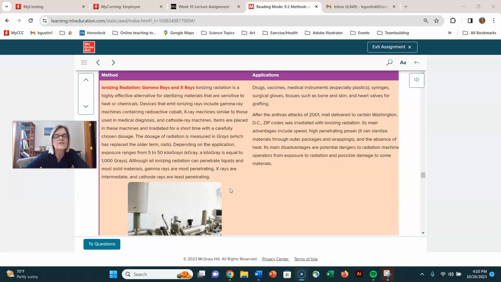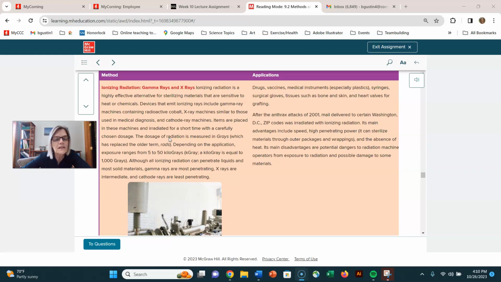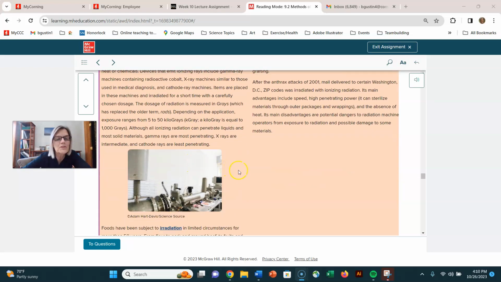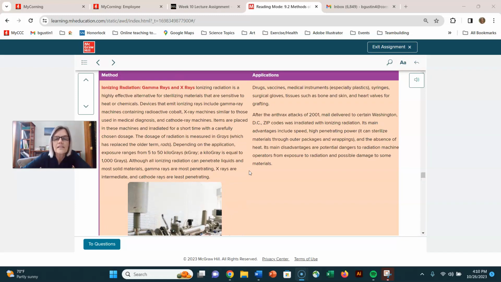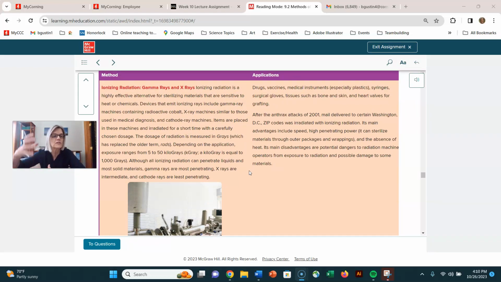And this radiation is very effective at penetrating. It's telling you somewhere in here that the X-ray and the gamma rays are the most penetrating. I can't remember where it is in here, but the gamma rays are the most penetrating, and the X-rays are kind of intermediate, a little bit less penetrating. But the gamma rays and X-rays are a very effective way to sterilize. In fact, a lot of the things that we buy for the laboratory, we buy like whole sleeves of